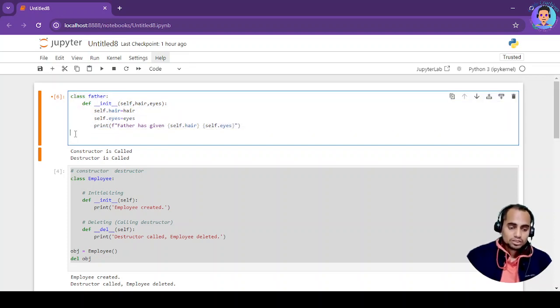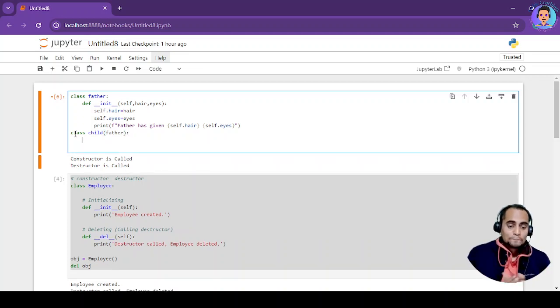Now I am defining a child class, Child. I will be writing Father over here, because it is Child(Father): and then we'll go inside it. See this, here I am not putting object in the brackets, but you can. If you want to create a habit of putting it, there is a super class of every class, which we call object. So you can write it like this as well, but if you don't want to, you can just put the name Father. So I have kept it as Child(Father).